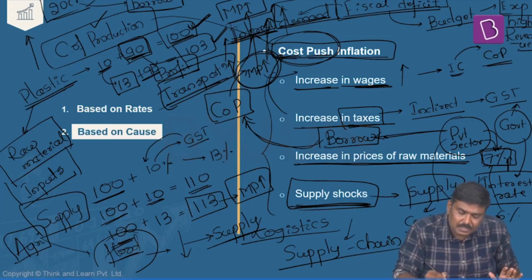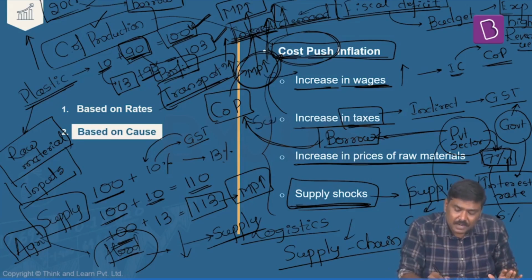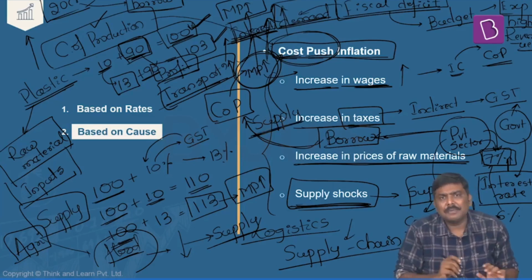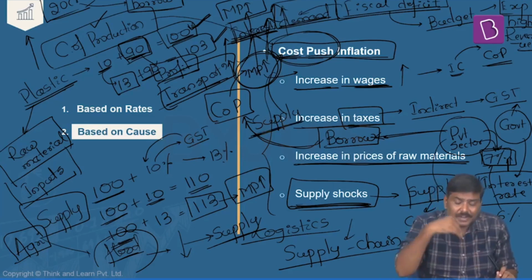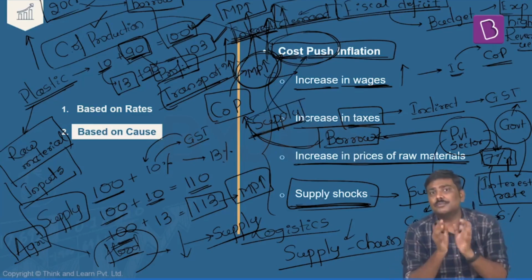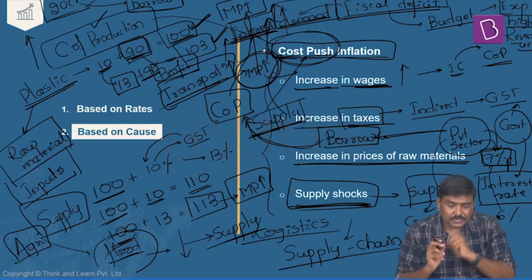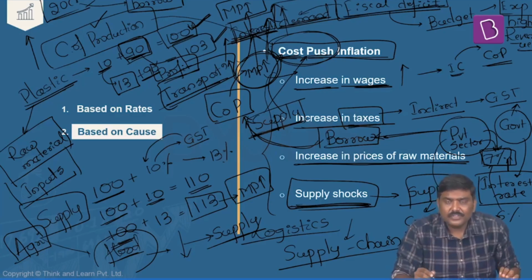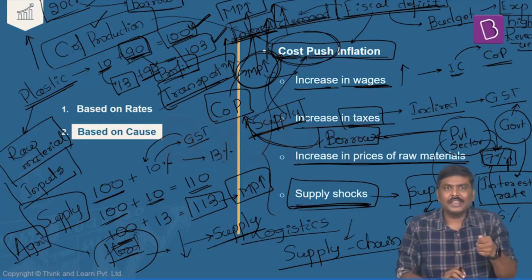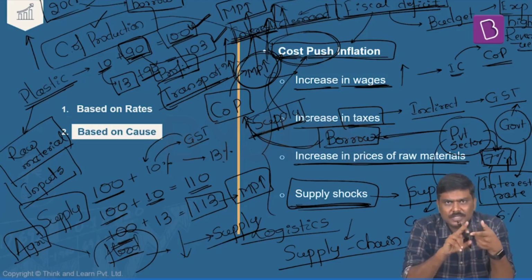And when market prices increase because of the supply side, all of this is supply side. I'm not talking about the demand here. I'm talking about the supply side. When the market prices rise because of the supply side factor, this is called as what? Cost push inflation. So remember this very carefully. Higher fiscal deficit of the government might also cause a cost push inflation in the market. Done? So what we have done, we have taken care of demand pull inflation as well as the cost push